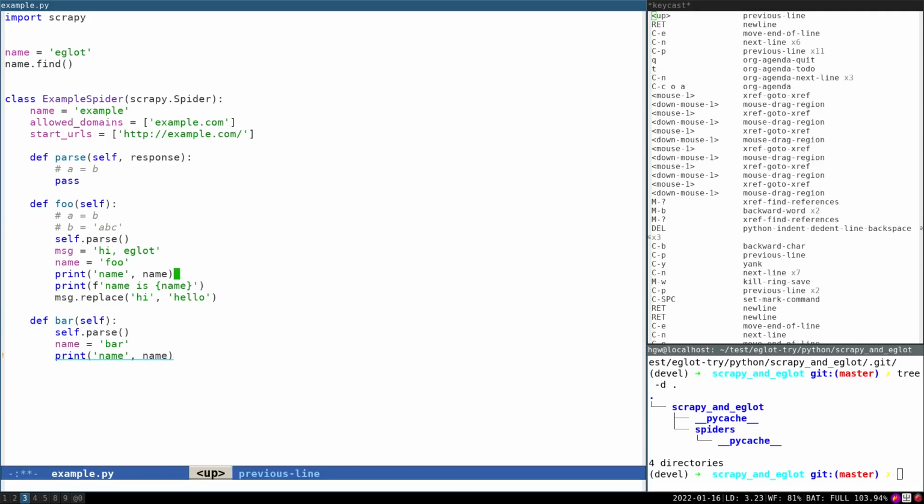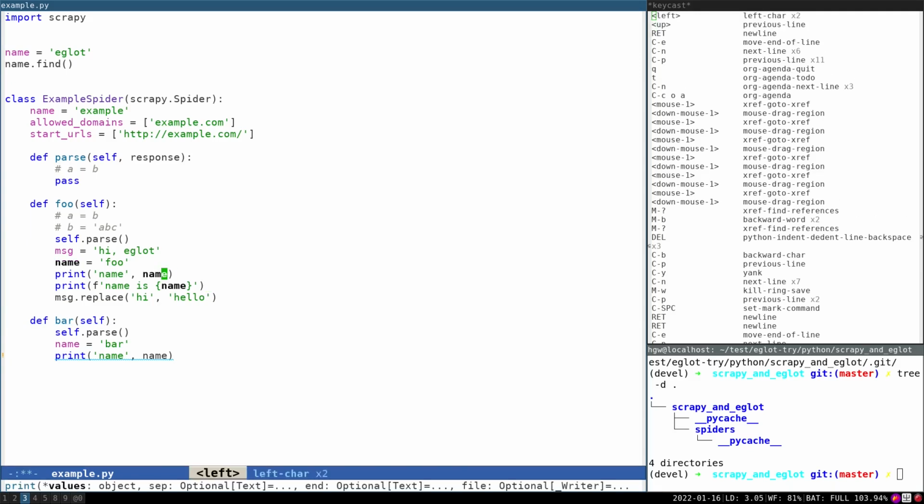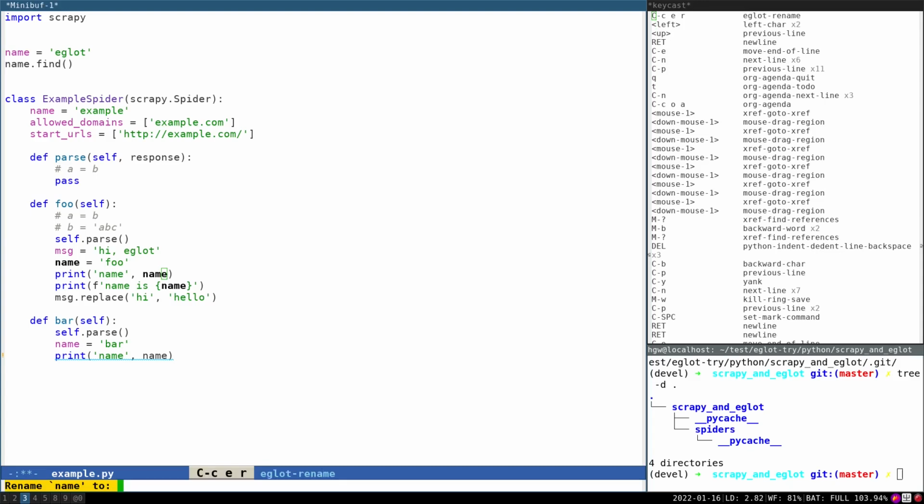And then we will try to refactor this name variable to something else. Move the point to it and then type Ctrl+E R, which I have bound to eglot-rename.